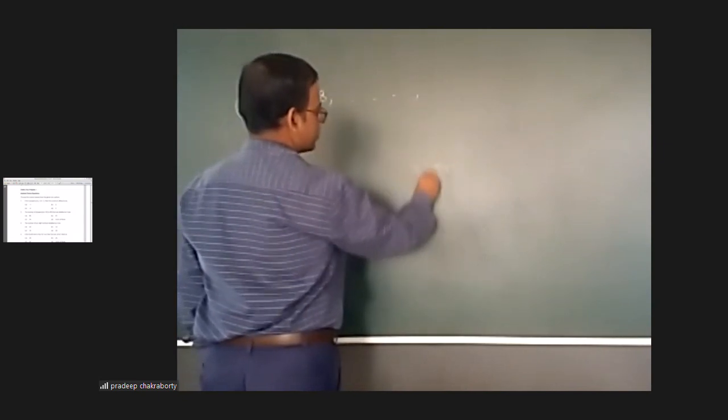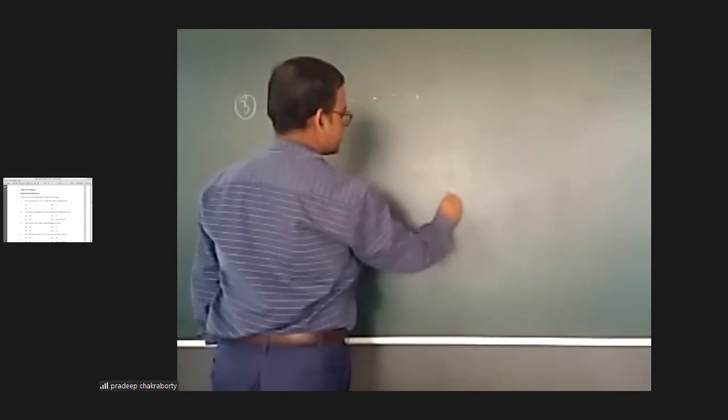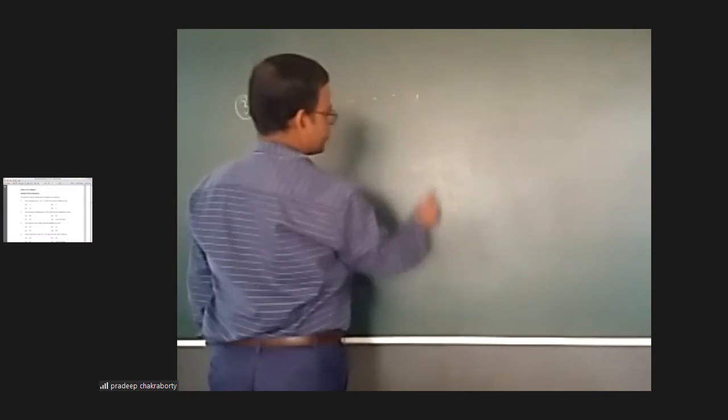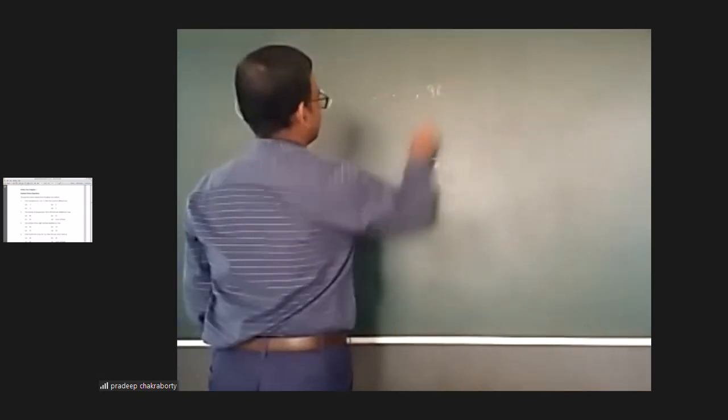See, 6 1 is 6, 6 6 is 36. Nearest multiple of 6 to 99, that is 99 minus 3, is 96. So the last number will definitely be 96. Okay, so these are the numbers starting from 12 to 96. These are in AP, and you have to find how many numbers are there between them.